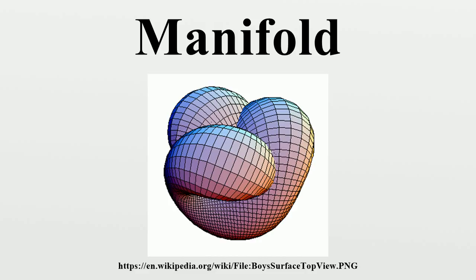However, excluded are examples like 2 touching circles that share a point to form a figure 8. At the shared point a satisfactory chart cannot be created. Even with the bending allowed by topology, the vicinity of the shared point looks like a plus, not a line. A plus is not homeomorphic to a closed interval, since deleting the center point from the plus gives a space with 4 components, whereas deleting a point from a closed interval gives a space with at most 2 pieces. Topological operations always preserve the number of pieces.